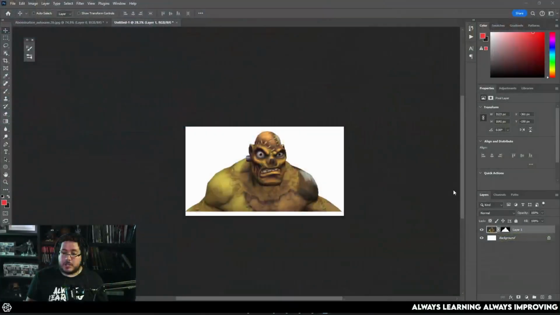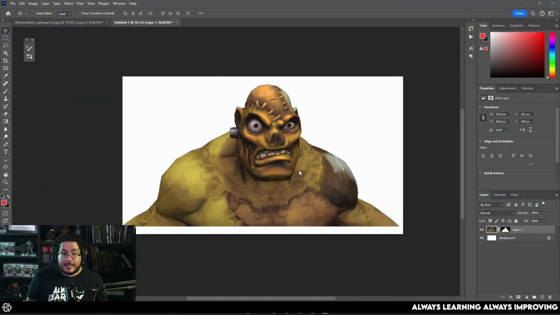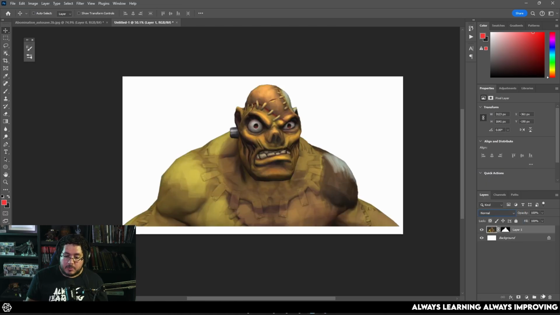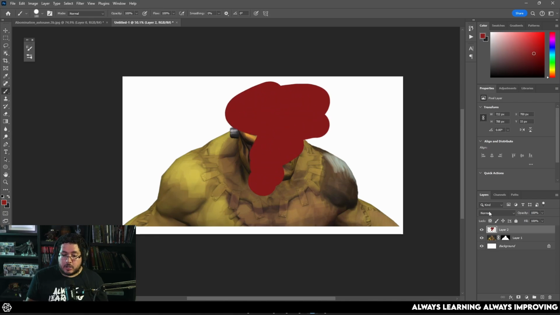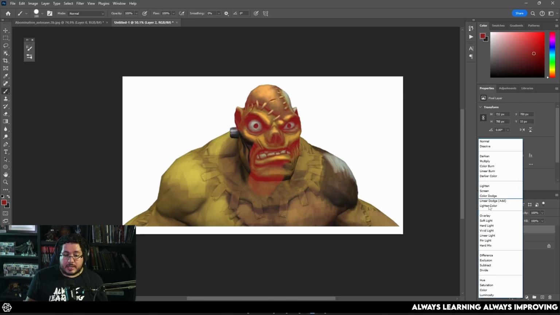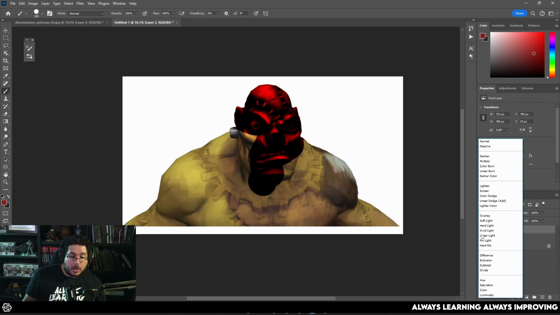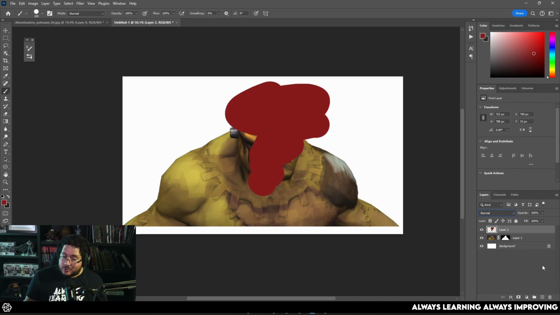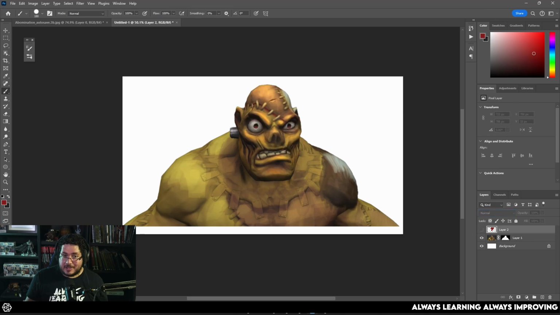One of the most complex topics whenever I'm teaching Photoshop and Substance Painter and anything related to color is blending modes. So blending modes are all of these things that you see right here, which is how we blend two images together or two layers together. So if I, for instance, add a red color over here, it will not be the same to use a lighten, then to use an overlay, then to use a color burn, then to use a divide, and it will all yield different results. So today I'm going to show you what each of these layers do.